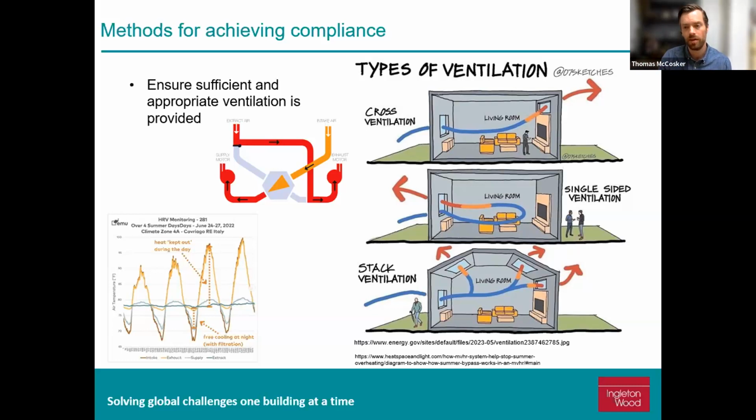It has to allow that free movement of air, though, through the space during both day and night. So those nighttime restrictors or the daytime restrictors have to allow for sufficient air to come through. Mechanical ventilation can also be used to great effect. Heat recovery has been shown to benefit the spaces in the winter. It's also the case in the summer. So you're able to recover that cooler internal air and temper the incoming hot air with that colder air. And I'll talk about this little graph in the bottom left in a second, which illustrates that.